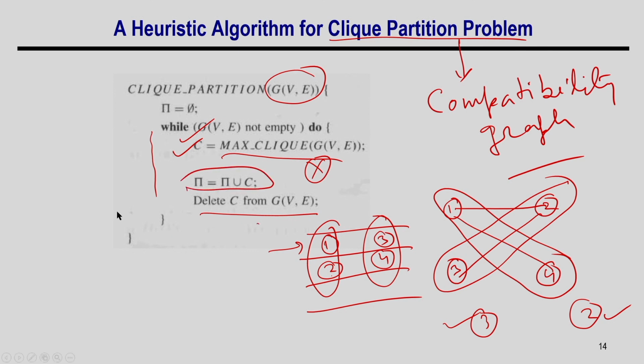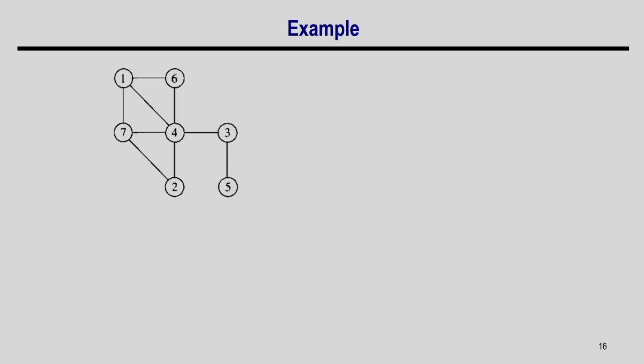So, for the remaining graph I am going to do these things. Let me take an example and explain. Suppose this is my comparative graph. What the algorithm does is find the largest node. The node with the largest degree is 4. So I will select 4 and then I am going to identify all the nodes that have an edge to 4.